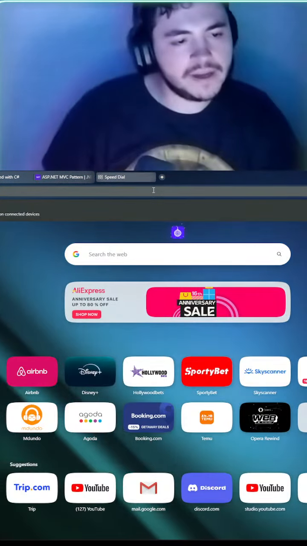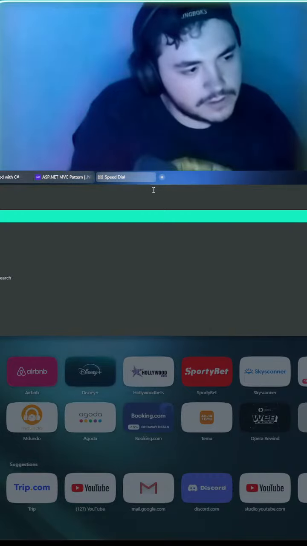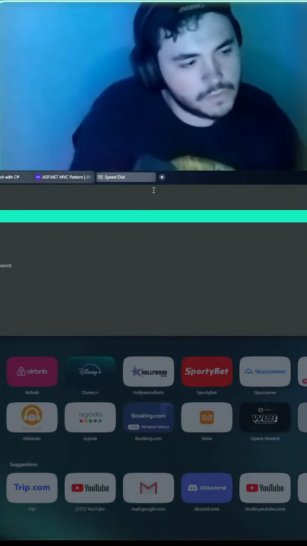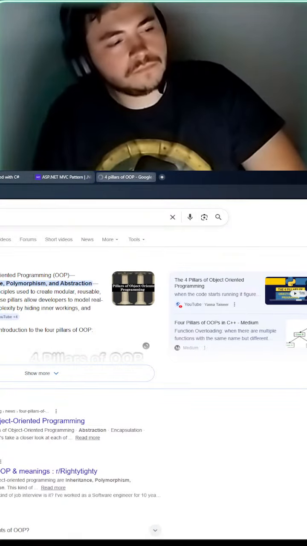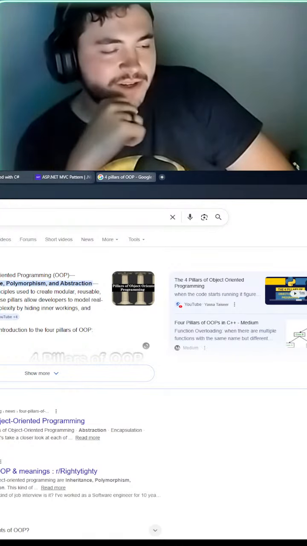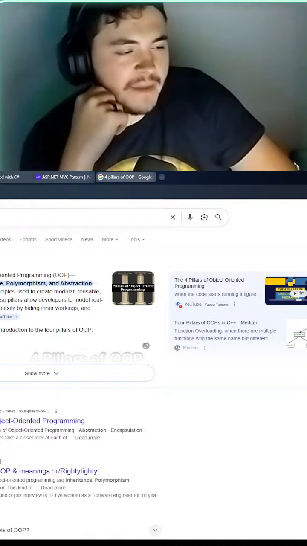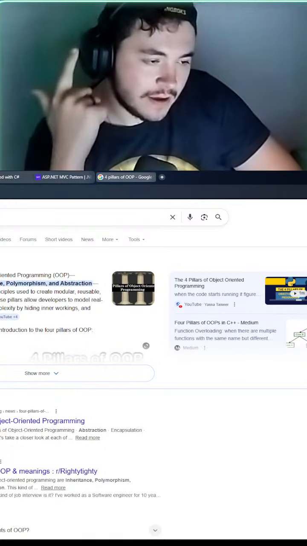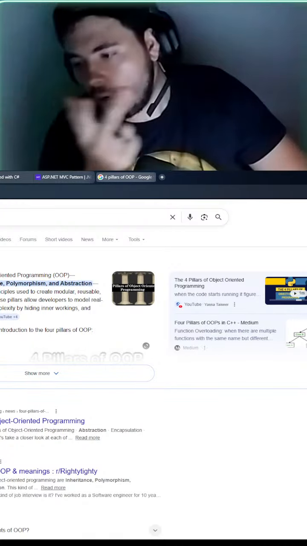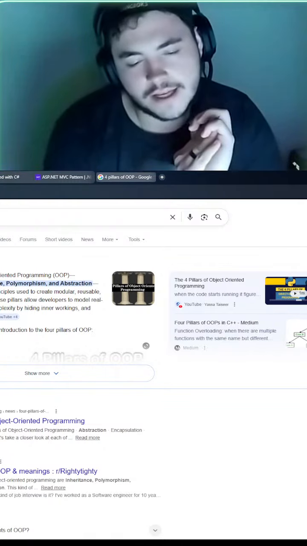Your four pillars of object-oriented programming are encapsulation, inheritance, polymorphism, and abstraction. So let's get into that.